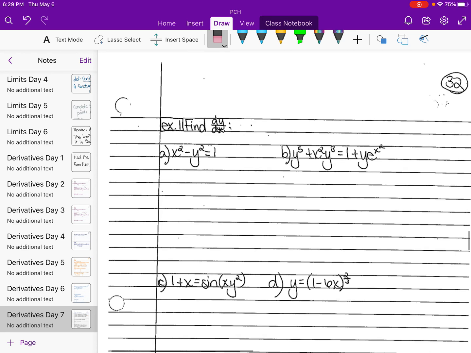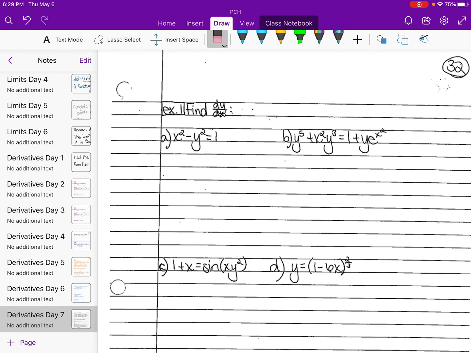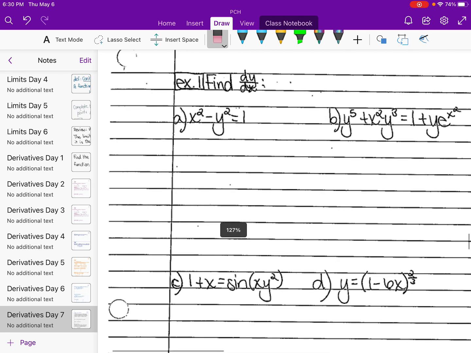I'm gonna show you down here what implicit differentiation is. So we need the chain rule when we're differentiating this with respect to y. So let me show you. I'm gonna make this a little bigger. All right, I know the derivative of x squared is 2x minus. Now we've never taken a derivative of y before, or at least we've only ever written it as y prime or dy dx. But this is more than just y. So I need to take the derivative using the power rule, just like I did on the x. But then I need